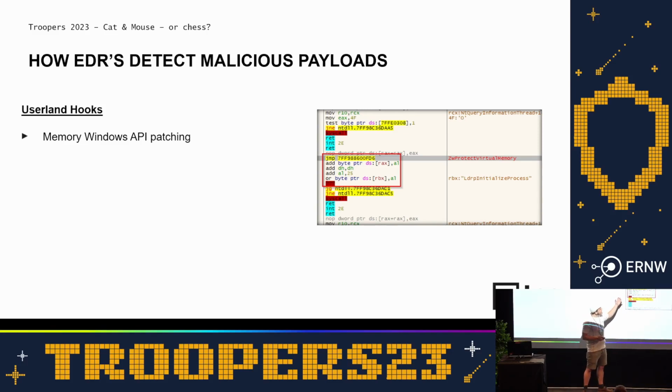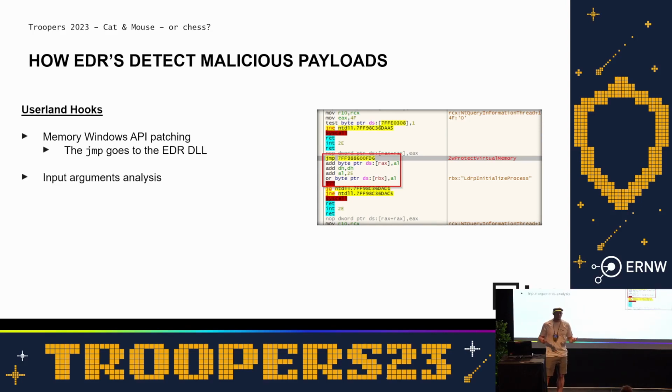And if the EDR vendors place their userland hooks, or their own code, and my malware calls specific Windows API functions, then instead of the function getting called, there is a jump instruction. The jump instruction means that if this function is called, if some malware wants to call this, then instead of actually executing what the malicious software wants to execute, jump to the memory region of the EDR DLL. So there is a jump which goes to the EDR DLL, and the EDR DLL will then afterwards